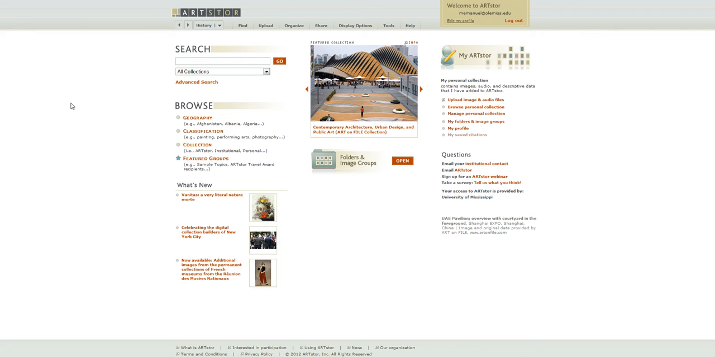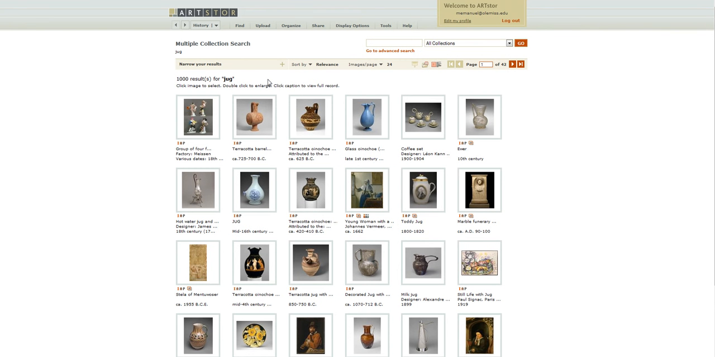In this demo, I will be looking for images for a classics class using the ARTStor database. So, say that I wanted to find a jug. That's not very specific, so it turns up a lot. I can narrow the results